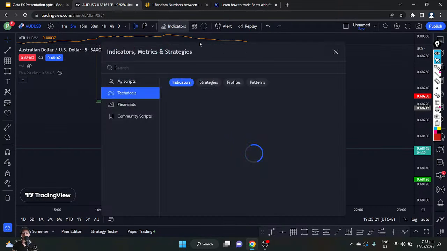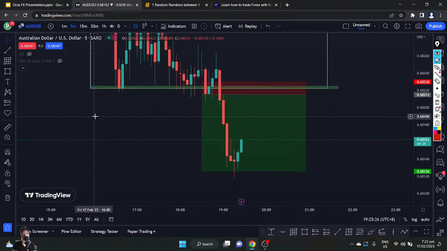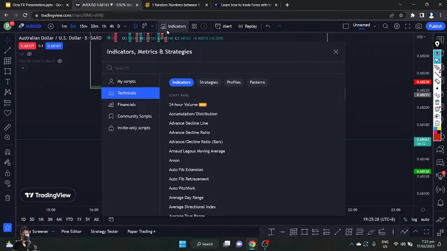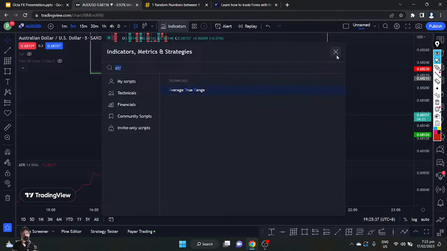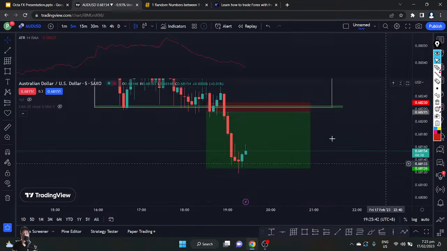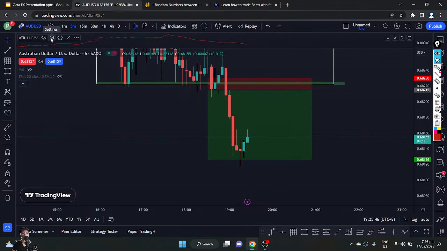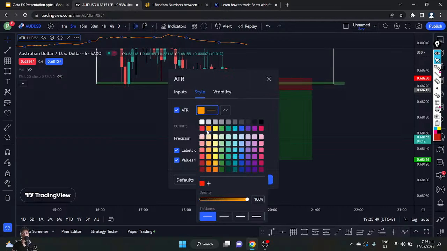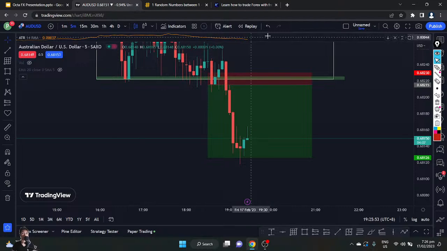Thanks for asking. So if you want to set up your ATR, let me just remove it for now. So first, click the indicator and then type ATR. Then once you see that this average true range appeared, all you have to do is to click it, and then you can see it below. So I prefer putting it above like this. Then I prefer changing the color of my ATR to orange. Right? So once you set up your ATR like this,